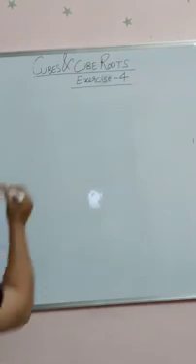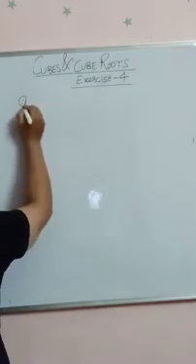Okay, then we move on to question number 6 of this exercise number 4 now. In this particular question, they are saying, find the least number by which each of the following numbers should be divided to make it a perfect cube. Also, find the cube root of each perfect cube. That means the cube that is going to be obtained, we are going to find the cube root of it.